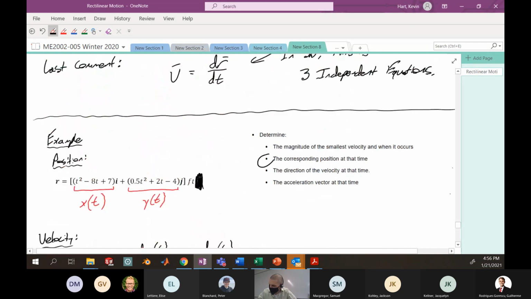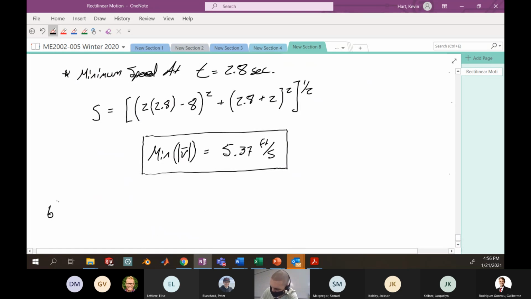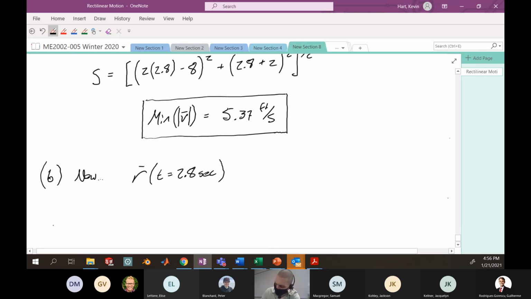Let's move on. Let's go to this next part, the corresponding position at that time. The rest of this is sort of easy. I need the position at t equals 2.8 seconds. Well, I'm just going to plug 2.8 in for my time variable at each one of those scalars that tell me the x and y position as a function of time. So here, the position at 2.8 seconds is